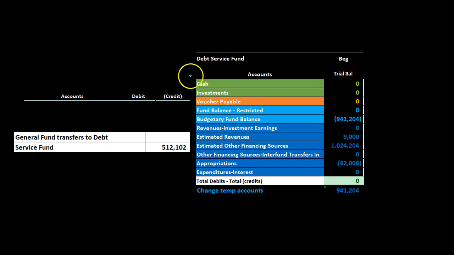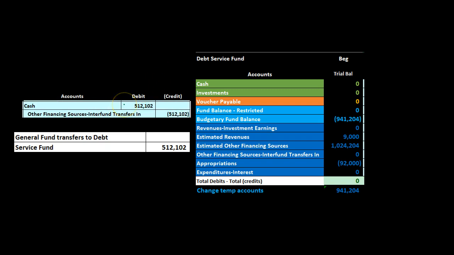We're concentrating on the debt service fund. So the money would be leaving the general fund, going into the debt service fund. Within the debt service fund, cash, of course, is increasing. We're going to increase the cash in the debt service fund. The other side is going to be similar to a revenue. It's going to act kind of like a revenue type of account, but we're going to put it into other